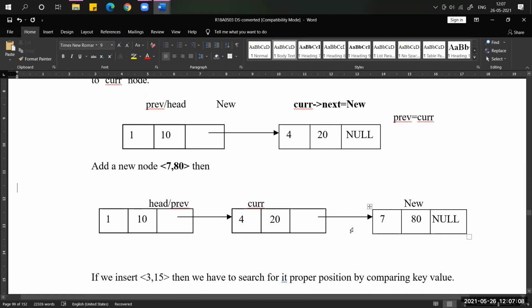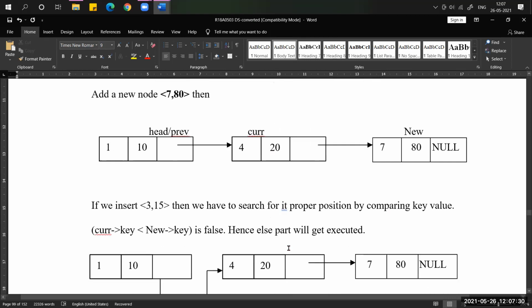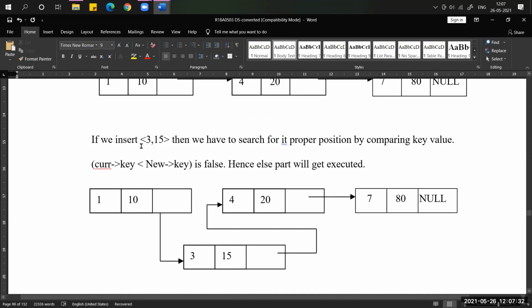If it is greater, then we add our new node in the current next field, after the current. If it is less than, what should we do? The previous->next field should be used at this place. Like this, we have to perform the insertion operation.